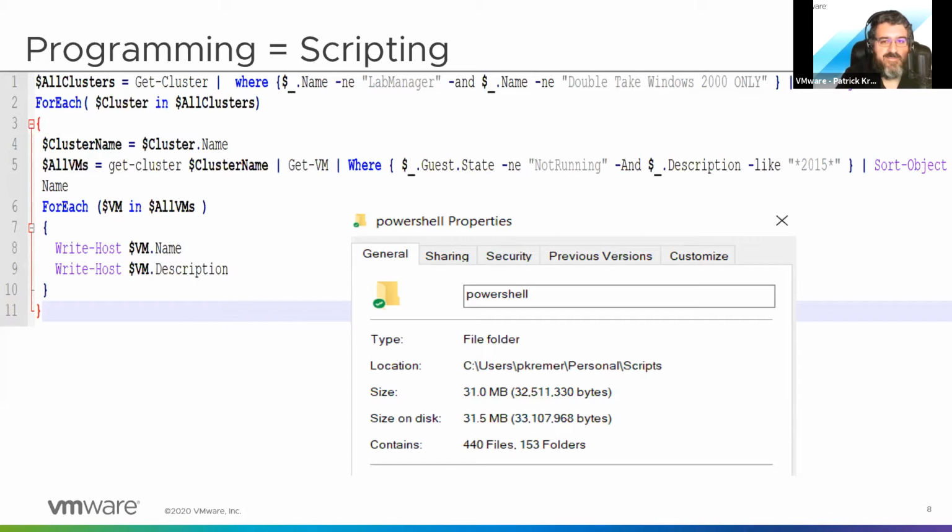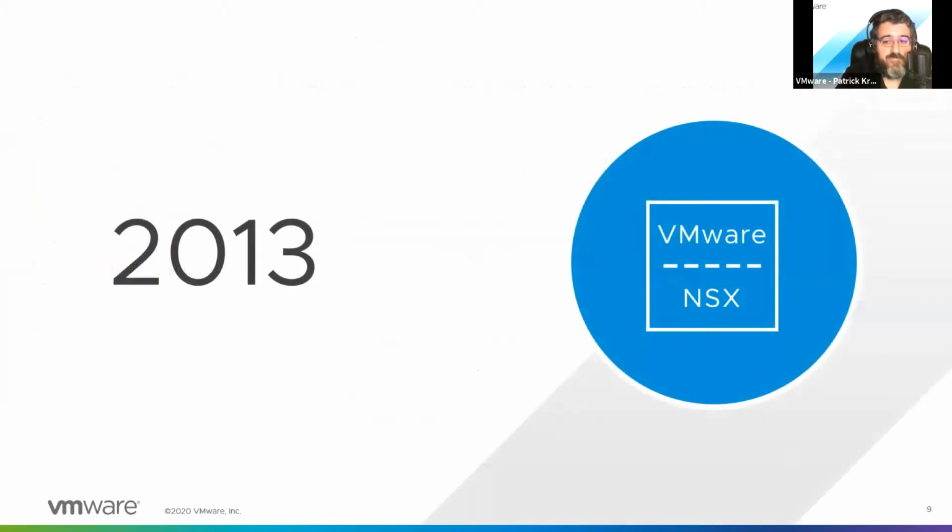10, 20 lines, and most of the standard administrative stuff that you need to do, you can probably find some PowerShell somewhere to do what you need to do. That was programming for me for pretty much my entire sysadmin career. In 2013, VMware releases NSX. And just like when we were doing P2Vs and administering VMs versus physical servers, it was the same networking concepts. It had all the same ideas. It was just a different way to do it.